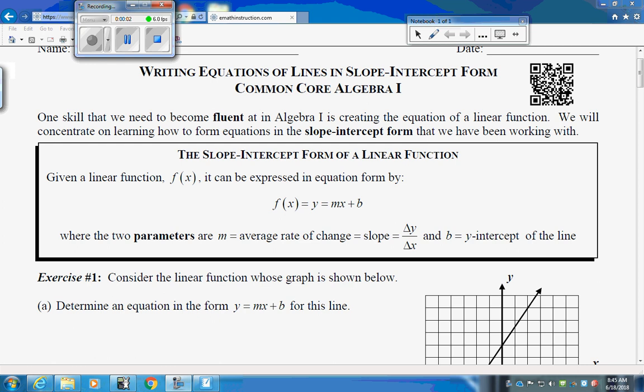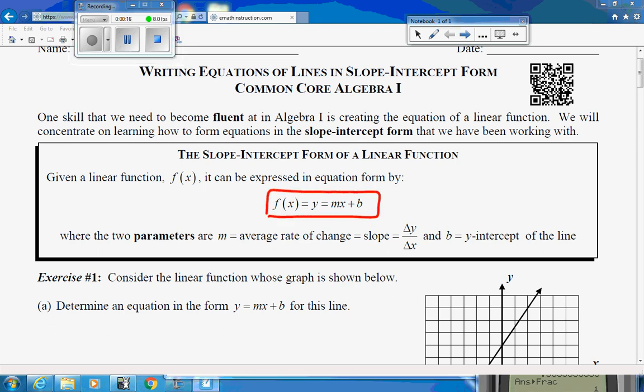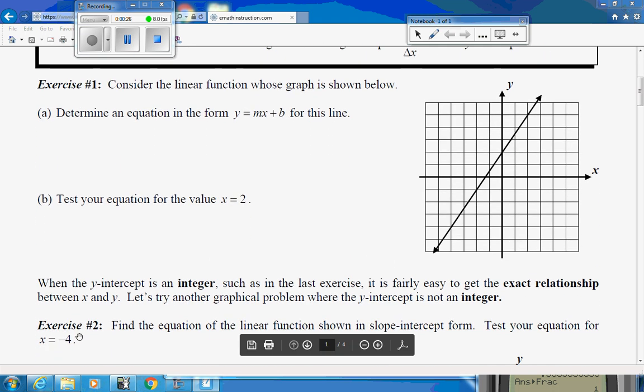This is Unit 2.2. We're going to talk about how to write an equation in slope-intercept form from graphs and coordinates. So you'll see that we talked about this in 2.1, that y equals mx plus b for slope and the y-intercept. And on my notes, if you are in my class for exercise 1, those notes are kind of filled in for you already. But what you want to do for part A is determine an equation for y equals mx plus b. So if you have a graph, you want to pick a couple of the points on the graph,